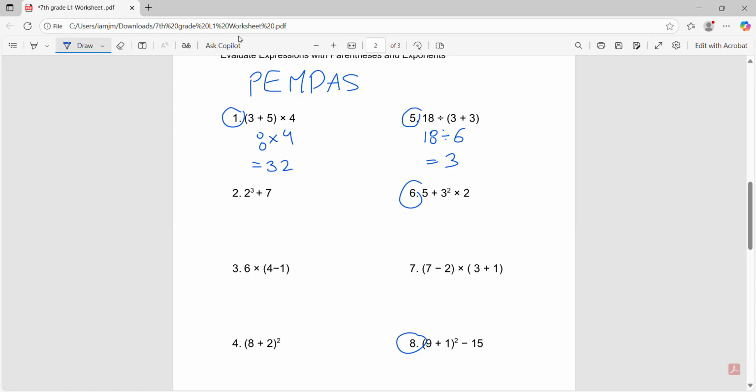So let's bring the 5 here. What's 3 to the power of 2, or 3 squared? It would be 3 times 3, which is 9, times 2. Oh, we have another expression. We solved the parentheses, but